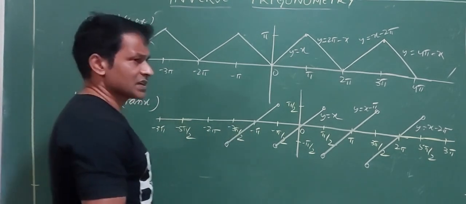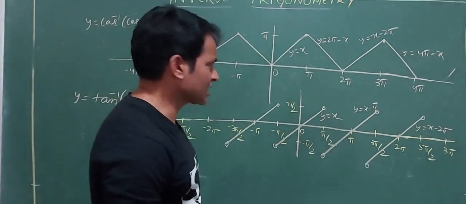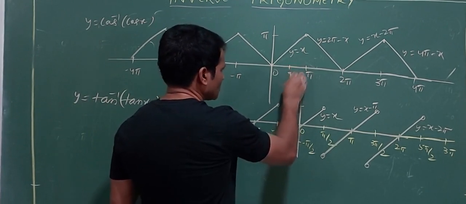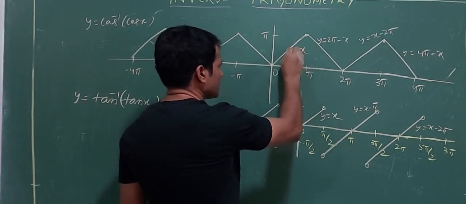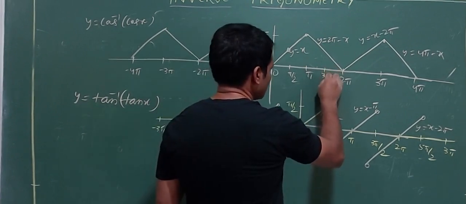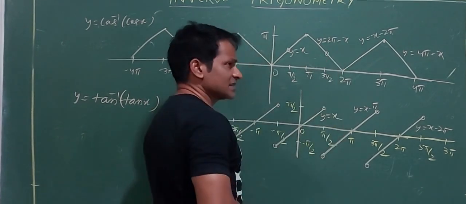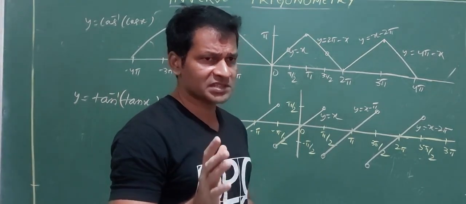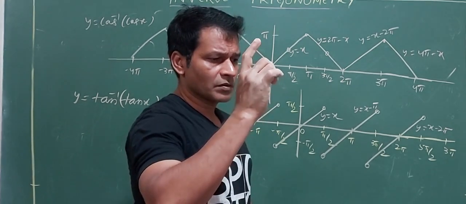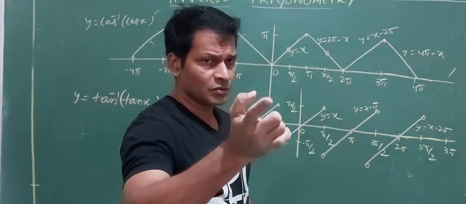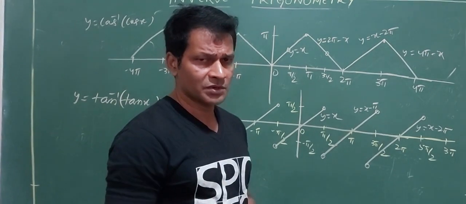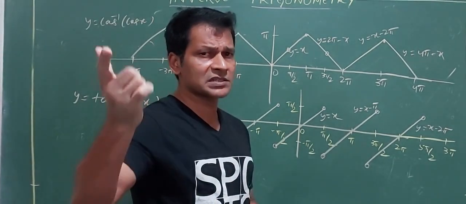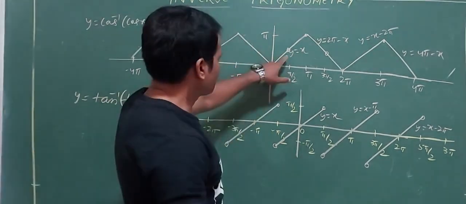Suppose I want to draw the graph of sec inverse of sec x. Almost similar, but at pi by 2 there is an open interval, and at 3 pi by 2 there is an open interval. Because the principal range of sec inverse x is 0 to pi, closed interval, excluding pi by 2. Similarly, other places also I have to remove the values, because at pi by 2, 3 pi by 2, minus pi by 2, minus 3 pi by 2, they are not defined. That point I have to remove.